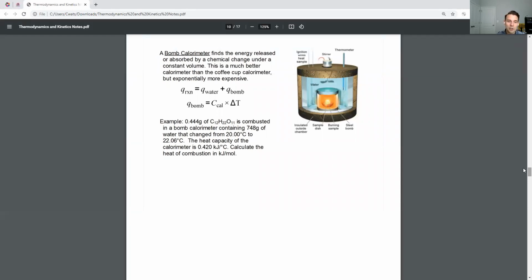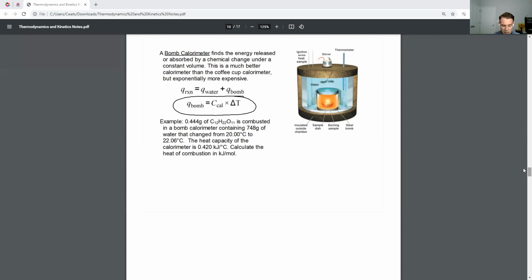So we have our equation, Q of the reaction is equal to the Q of the water plus whatever the bomb calorimeter is. And we can actually calculate how much energy is absorbed by the calorimeter by using the specific heat capacity of the calorimeter multiplied by the change in temperature. So for example, a